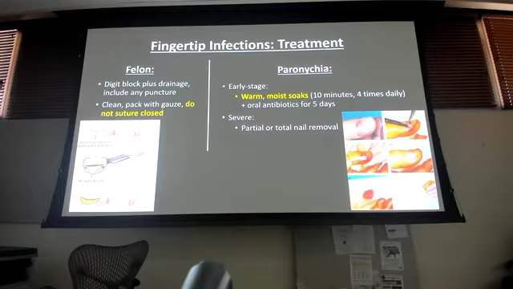Okay, makes sense. 10 minutes, 4 times a day, not once a day, not twice a day. 4 times a day for at least 10 minutes. And again, warm, soapy suds, right? Warm soaps, okay? If it's severe, right, say it's involving a thumbnail, like an entire thumbnail, it keeps coming back,